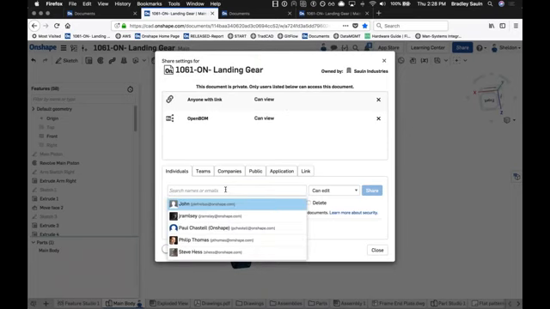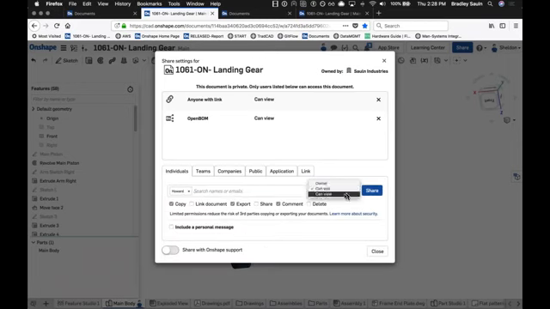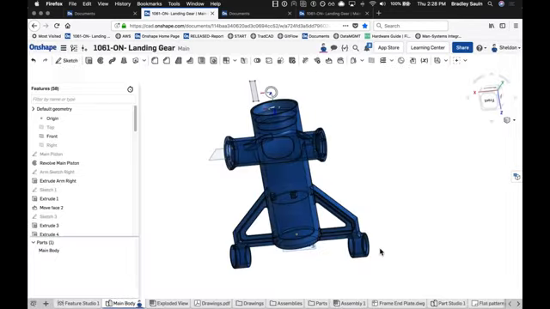So I'm just going to share in, let's do Howard, and I'm not going to give him edit access. In the past with Onshape, if you wanted to be an approver and add it to the approver list, you would need explicit edit access to the document. We understand in a real company environment, project managers, owners might not necessarily have access to all of the CAD data in terms of editing it,